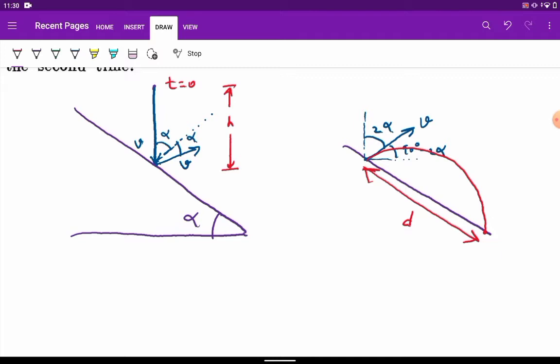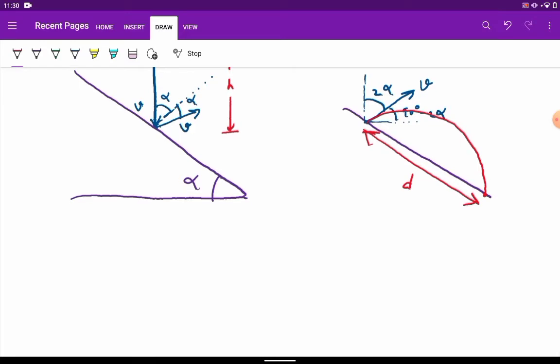Okay, so now after the collision happens, it's similar to throwing a ball at an angle to the horizontal. So it's a projectile, basically. And the angle is 90 minus 2 alpha, the projection angle. So if we have to find out the distance d,